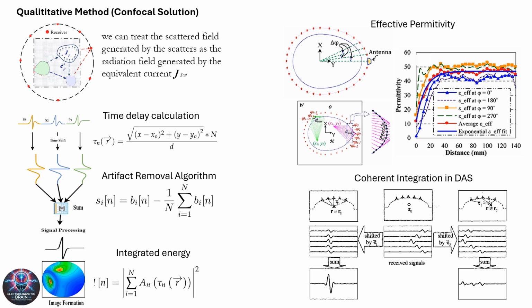At the bottom right, we see how delay and sum beamforming is applied in practice. When the beamformer is steered towards the correct location of the scatterer, denoted by R equals R0, coherent summation occurs, resulting in a stronger signal. If misaligned, incoherent summation leads to a weaker response. The combination of delay and sum processing with equiangular scanning enhances image clarity, allowing for precise identification of anomalies based